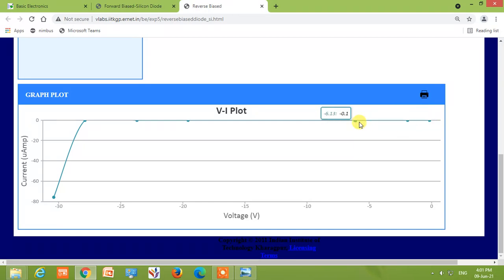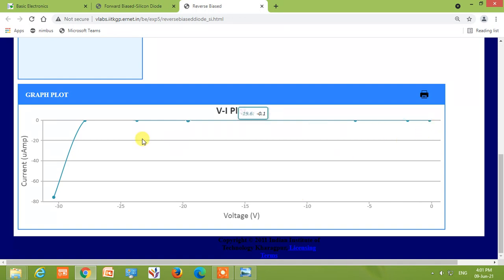So this represents the various values. So see, this is the voltage scale, this is the current in microampere scale, and here it is 0. Actually this 0 is here on this side if you plot on the graph. So this is the reverse bias characteristic.